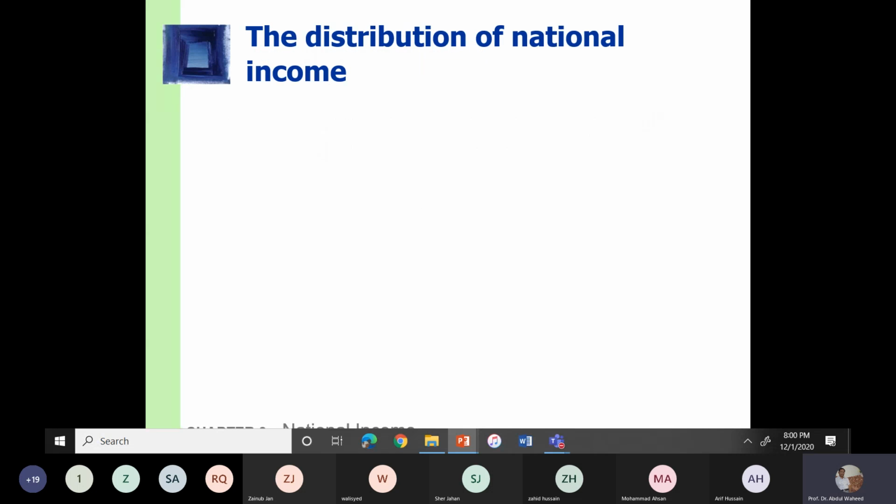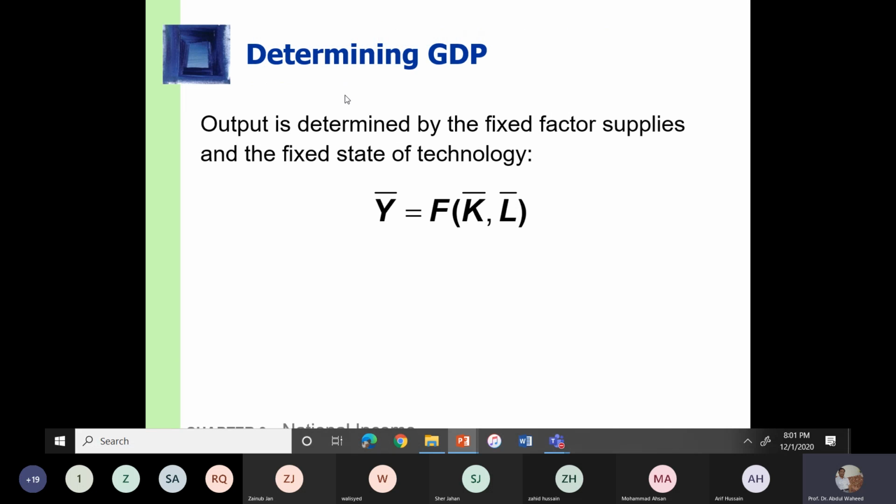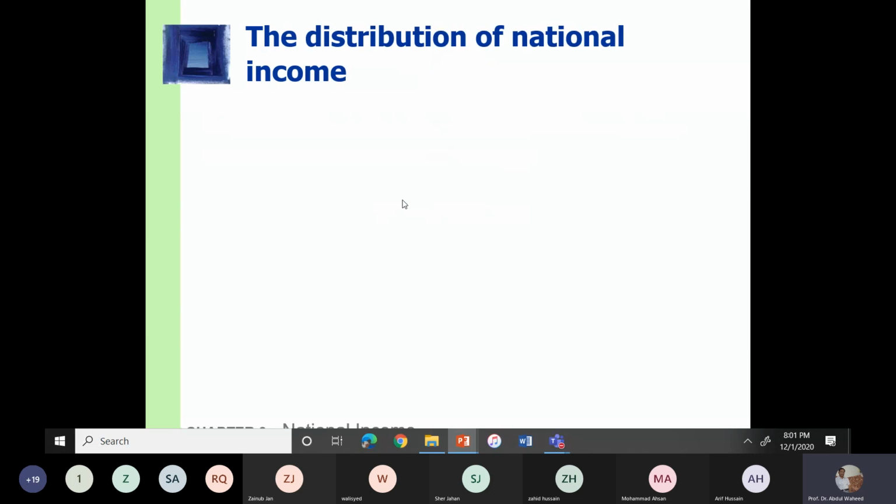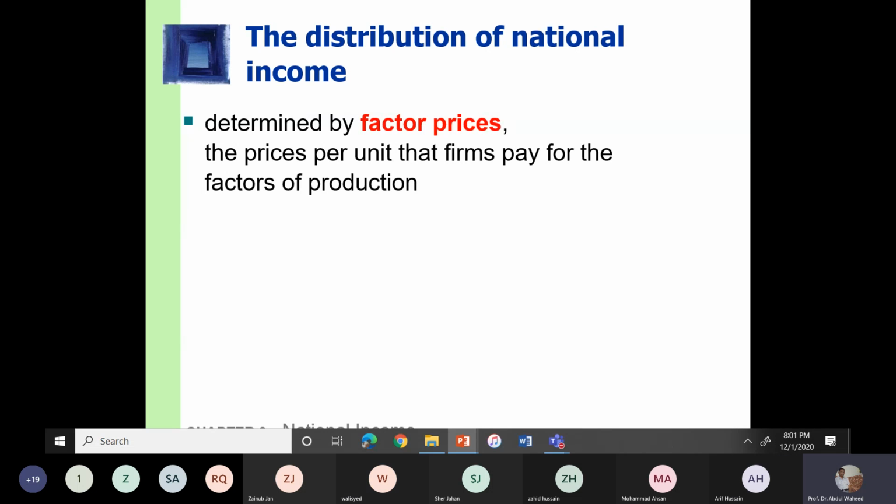Then the question is about distribution of national income. So this is your national income, no? This is your output, which is your income in the economy. Then how this national income would be distributed among labor and capital owners. So this is determined by factor prices. Okay, so and the prices per unit that firm pays for the factors of production. Okay,